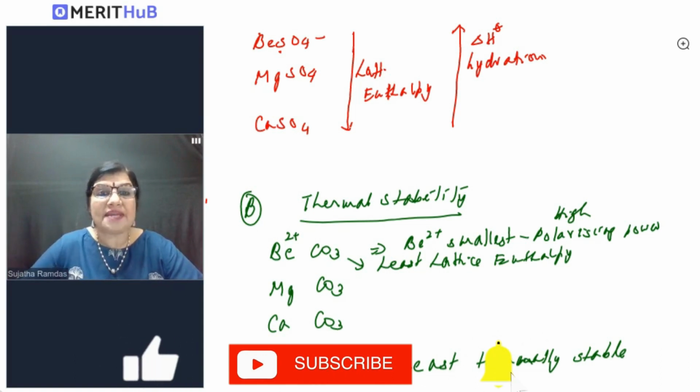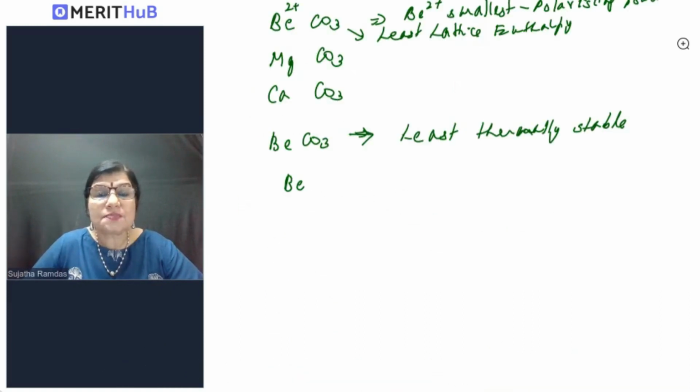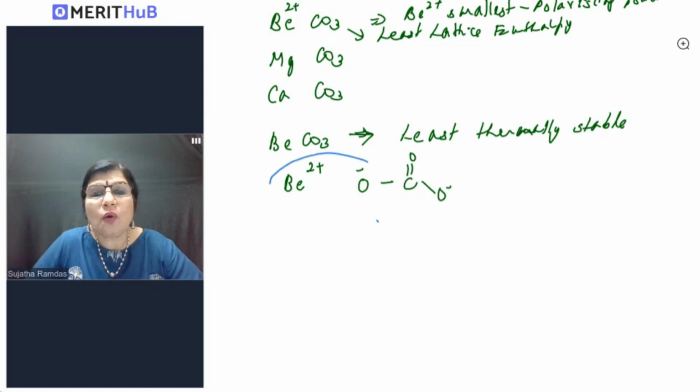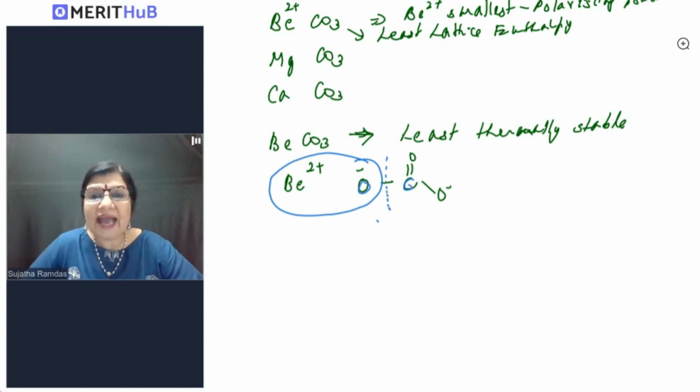So beryllium carbonate, therefore, will... so this is the beryllium ion, right? Carbonate ion is this, O=C with an O minus. So what will happen is the beryllium ion, being very small, and the carbonate ion, being large, will pull the O minus towards itself, resulting in the weakening or breaking of the C-O bond. And this happens on heating, giving you the products beryllium oxide plus